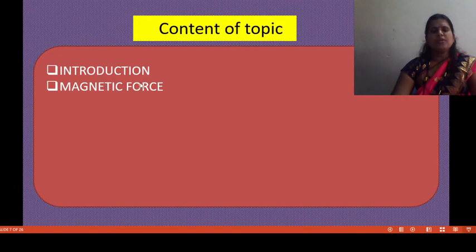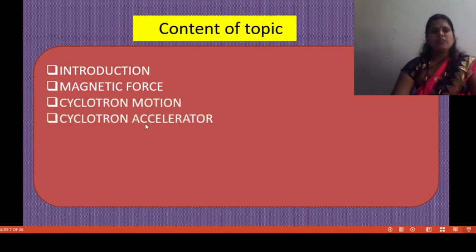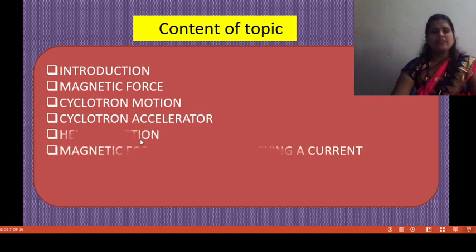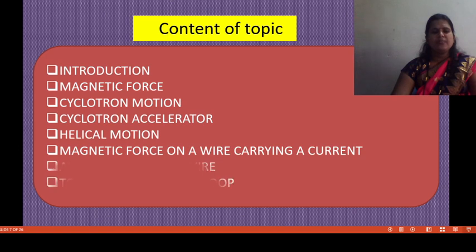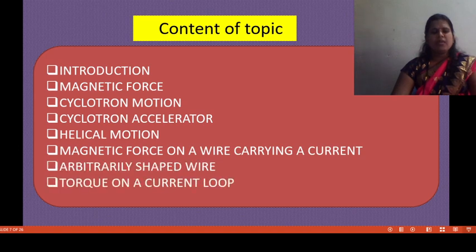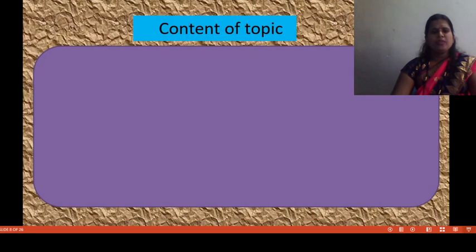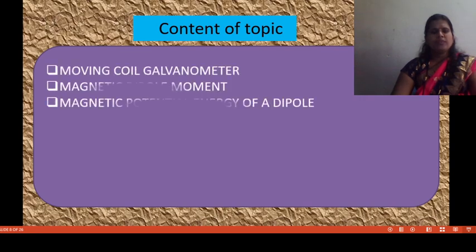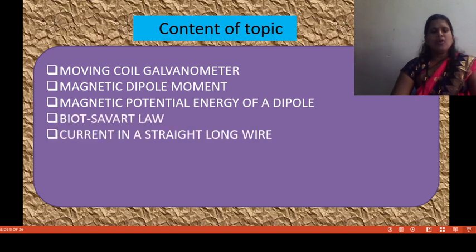First of all, we will see introduction, magnetic force, cyclotron motion, cyclotron accelerator, helical motion, magnetic force on wire carrying current, arbitrary shaped wire, torque on current loop. Then after we will see moving coil galvanometer, magnetic dipole moment, magnetic potential energy of dipole, Biot-Savart's law, current in